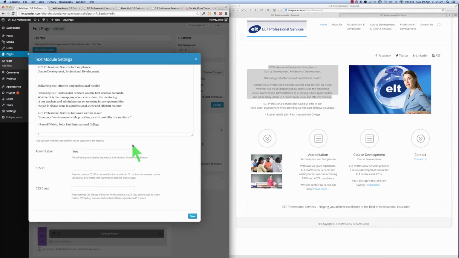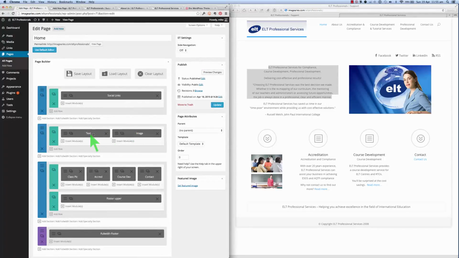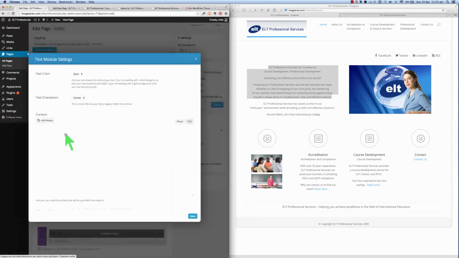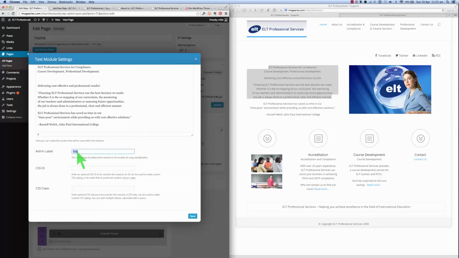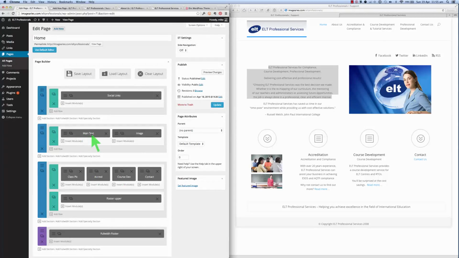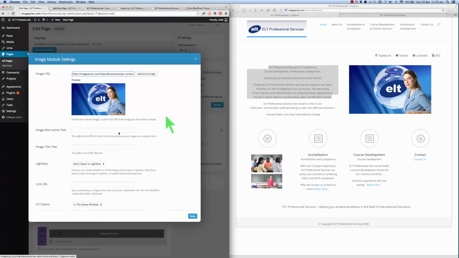One thing that I often do for clients is change the admin label here. So for example, that just says text, but we can make it a bit more descriptive so that we can remember what that control actually is. So we'll just call that main page or main text, for example, and then that just jogs our memory as to what that actually is. The image on the right is an image module, and I've just uploaded that to the media library,